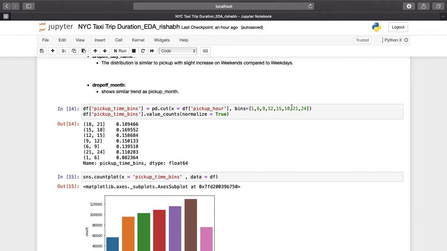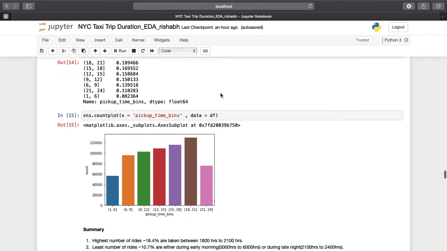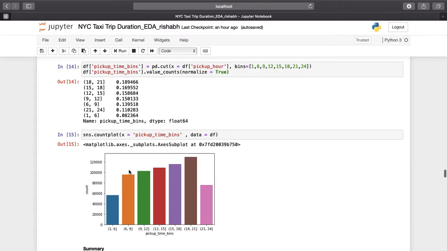So I created bins of this pickup hour, so I can know what particular hours are having highest demand. So here it is, 18 to 2100 hours at the evening is having highest demand of rides. This is good data. And 21 to 2400 hours, this is about night, is having less demand.